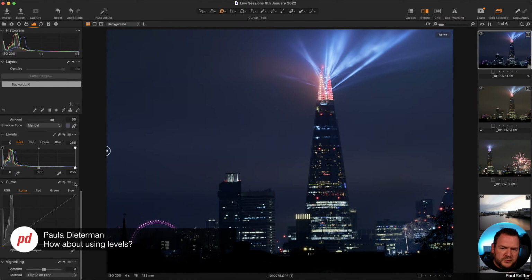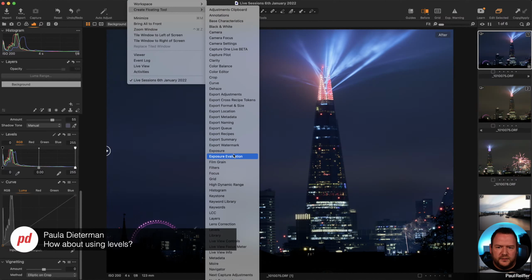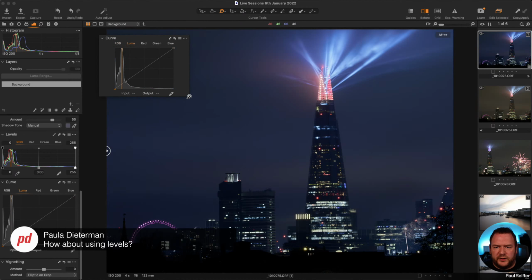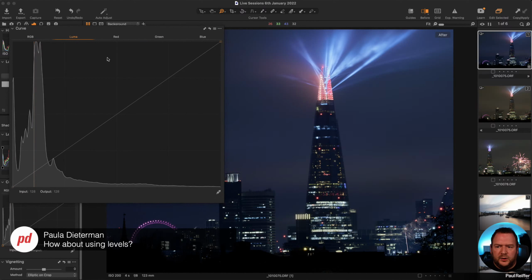If anything, what we'd probably want to do is maybe add, let's just create a floating curve tool. Sorry, so we can see it in a bit more detail. If I go to our Luma curve, and I know I want to affect this bit but not this, I can put some anchor points in and say, right, we're going to lift up the sky here and we're going to darken down everything else. So you see what we've done as a result of doing that. It's a minor adjustment, a micro adjustment, but only on the bits of information that we're actually using.